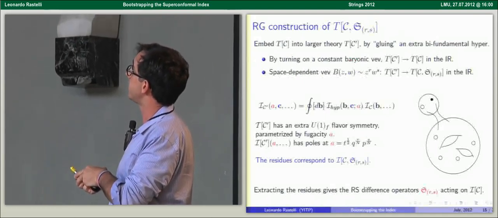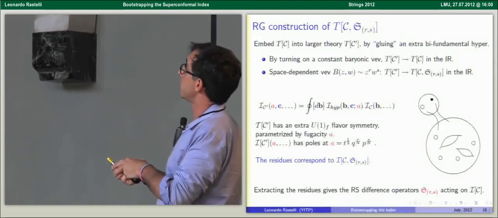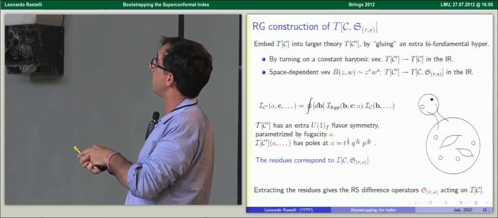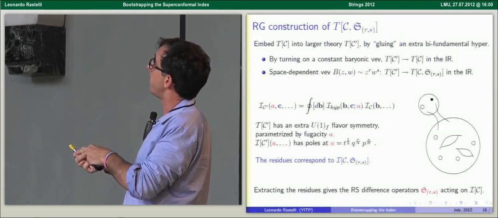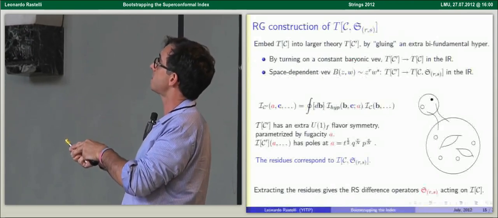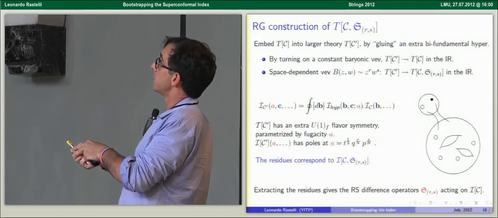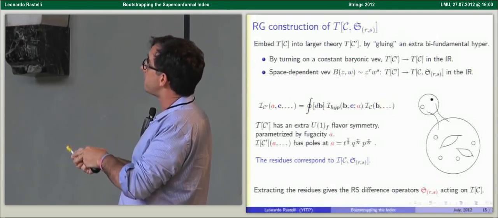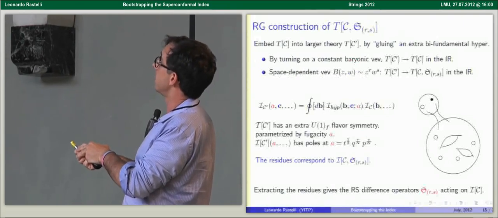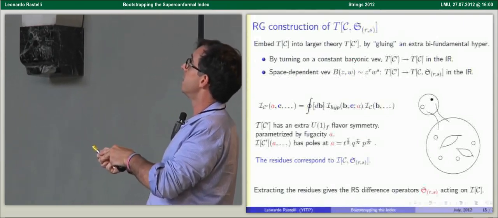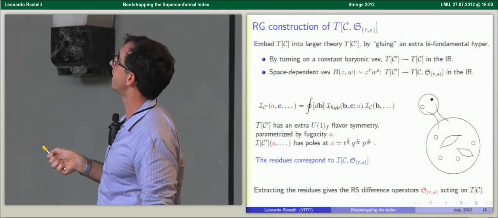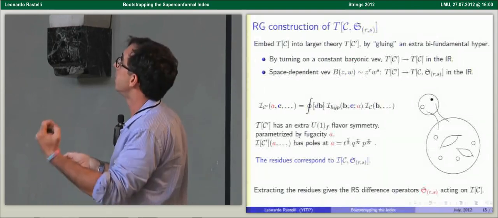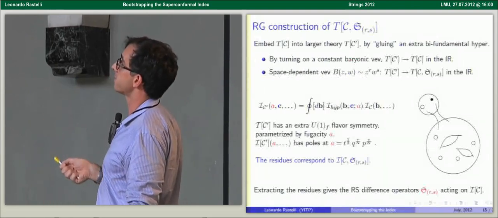So in fact, you can see that the flavor symmetry of the enlarged theory, the non-abelian one, is the same because I started with one white puncture and I still have one white puncture, but I have an extra symmetry, which is the U(1) symmetry of the free hypermultiplet. And that is parameterized by a certain flavor fugacity A, and you can think of gauging this fugacity A in the presence of a Fayet-Iliopoulos parameter that will force you onto the Higgs branch, and then you can think of this as being vortex configurations that in the infrared leave you with the defect.